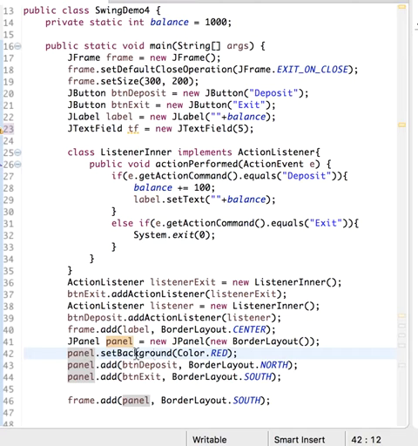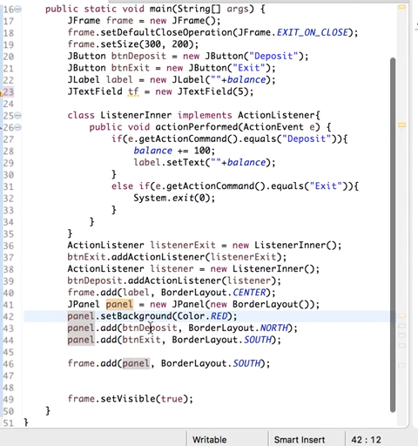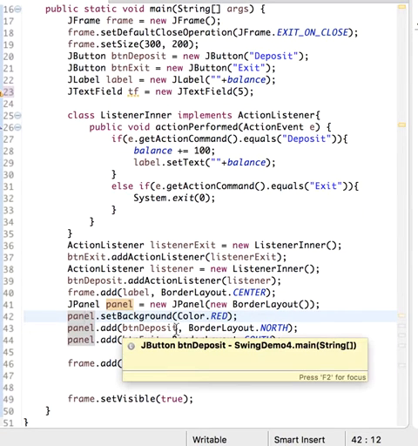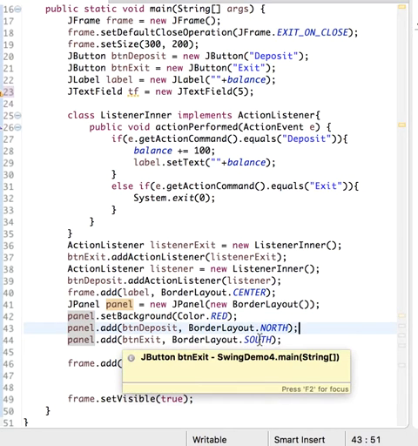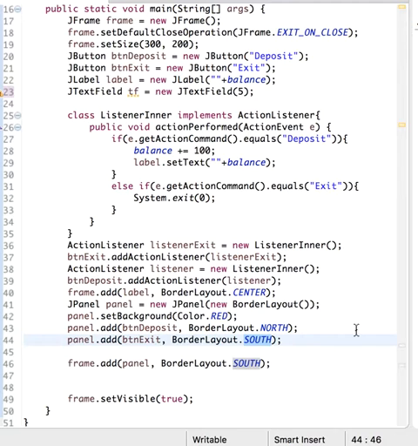Okay, so in the panel we put button deposit to the north and button exit to the south. Let me put button exit all the way to the right, which is east. Okay, and then let me put the deposit button in the center, and then